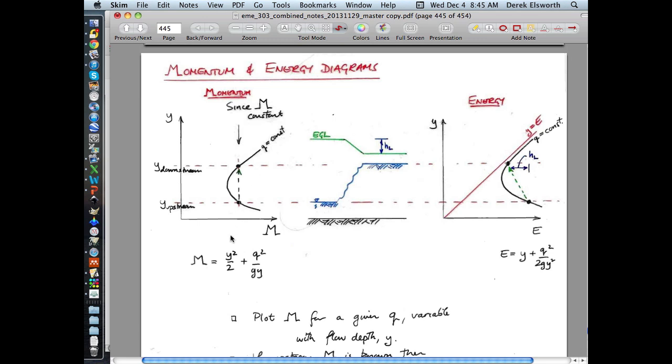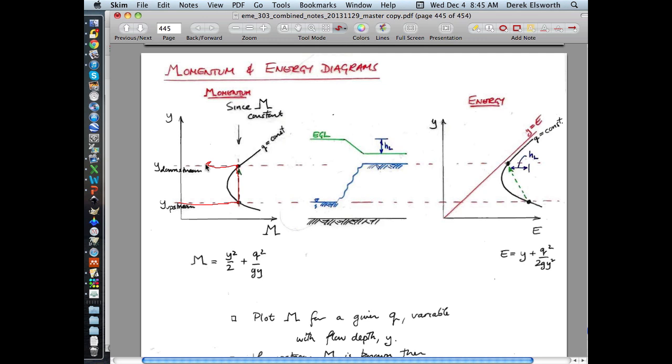And then what we do know is that if we know the upstream depth is this, and we can conserve momentum, then we know that momentum downstream has to be this amount here. And so immediately from that, we know what the depth would be at the downstream location, just by going across there. And so all we've done here is we've conserved momentum in this particular case,